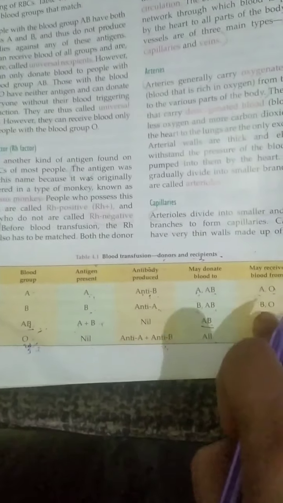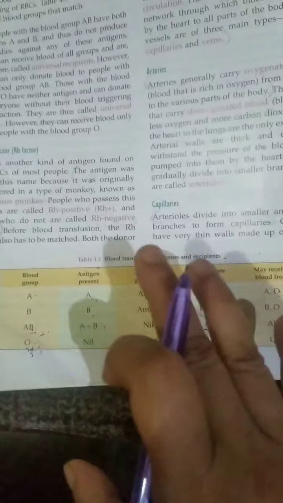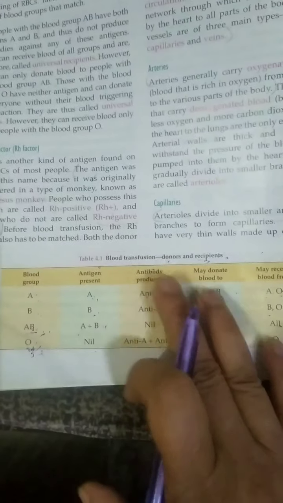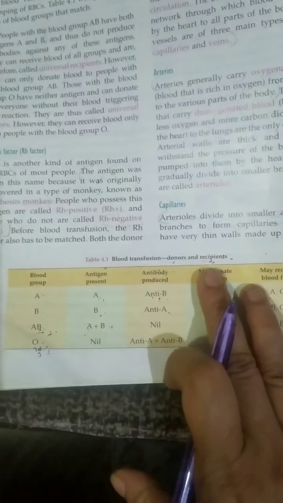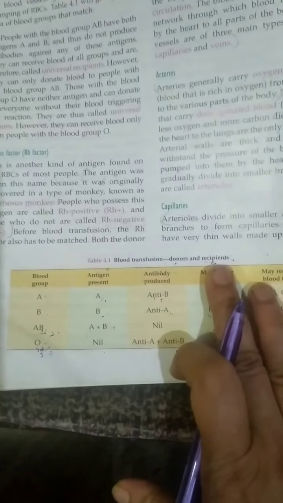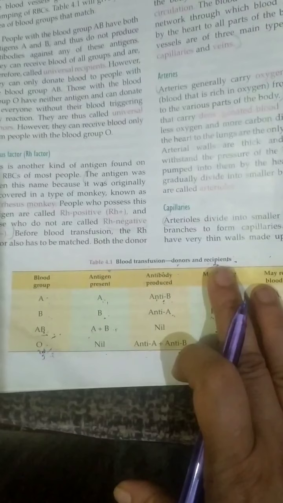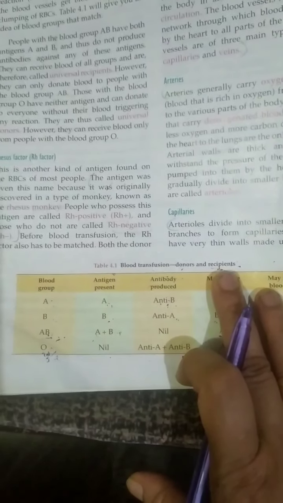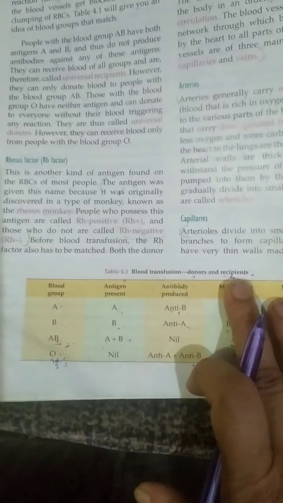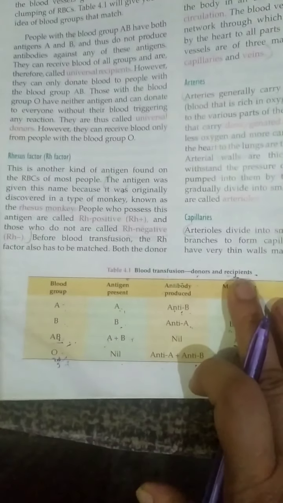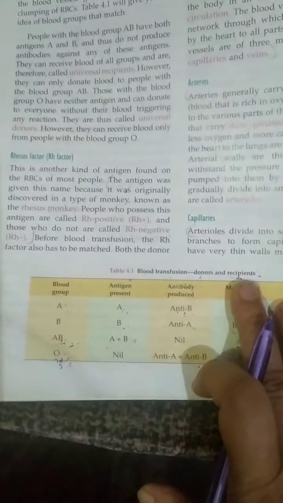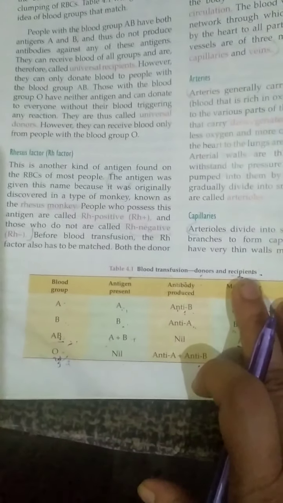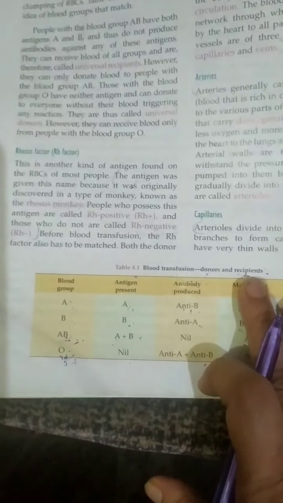You should learn this table, meaning who can give blood to whom. Our blood group should be compatible, because if the recipient's and donor's blood groups do not match, it will be harmful or fatal for the recipient. When we get blood other than what we can take, our body produces antibodies which attack it, which may be fatal for the patient or the receiver.